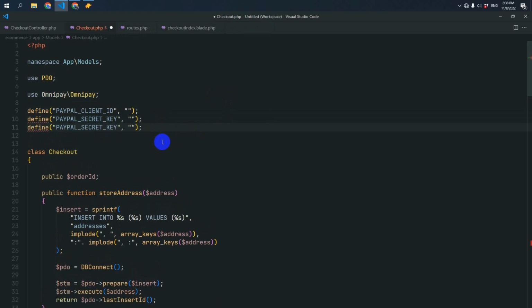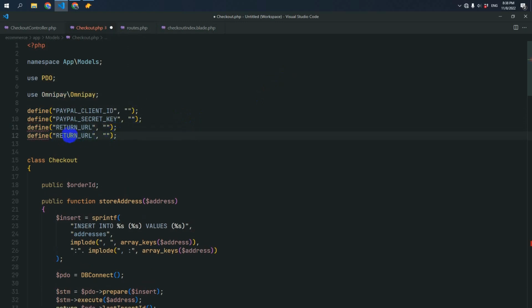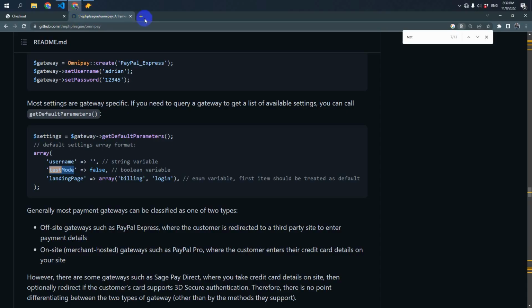and we need other two parts called return URL and the cancel URL. So we can say return URL, and call cancel URL. So let's copy our PayPal client ID